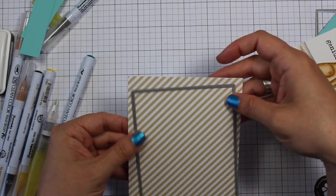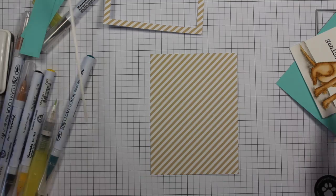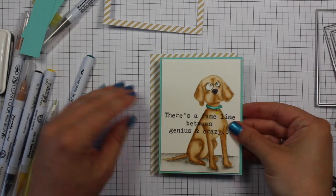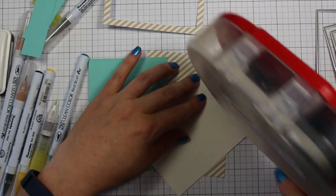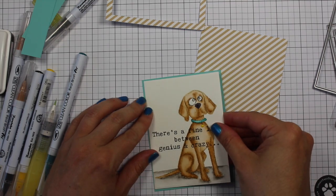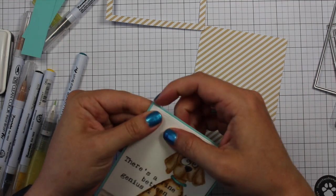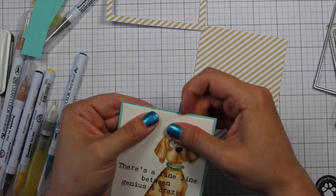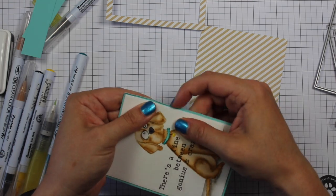And then I'd had this pattern paper from My Favorite Things that I die cut with the largest rectangle die from the basic rectangle set, and ended up changing my mind. So I used a smaller die and die cut it again with the intention to use that frame like I'd done on a previous card that I posted a couple weeks ago. And then I forgot about it, and then I'll remember at the end. So I have my pattern paper, and then I adhered the main image to that Summer Splash cardstock,